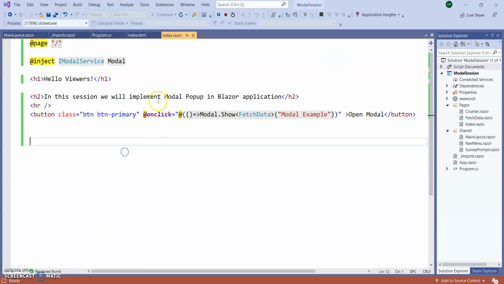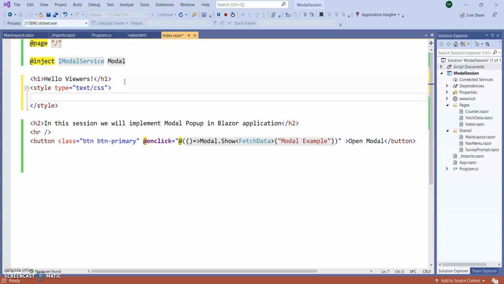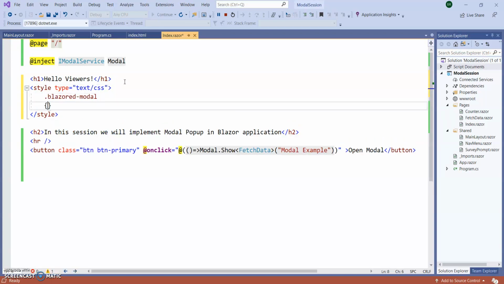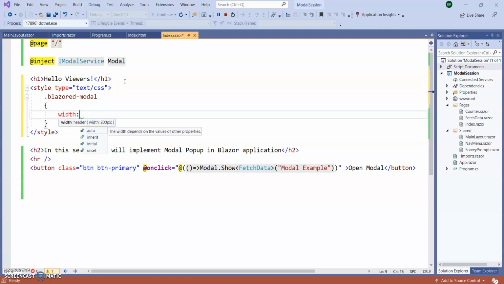It's a tricky one. Straightforward, I'm adding here a style sheet, type equal to CSS. This is the class. I'm giving 700 pixel. Rerun the application.